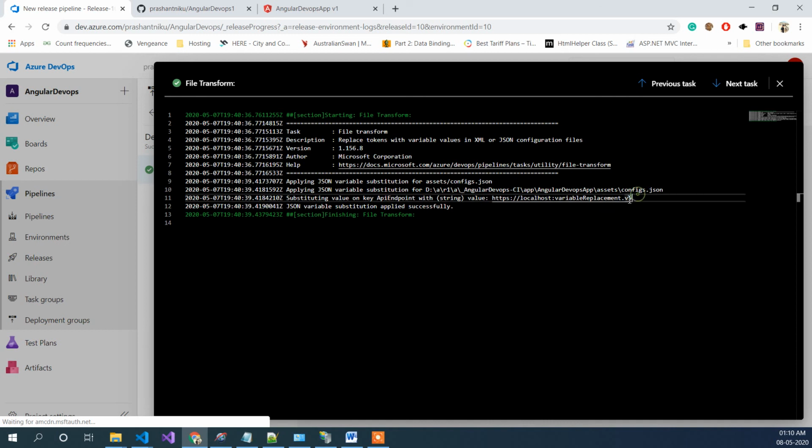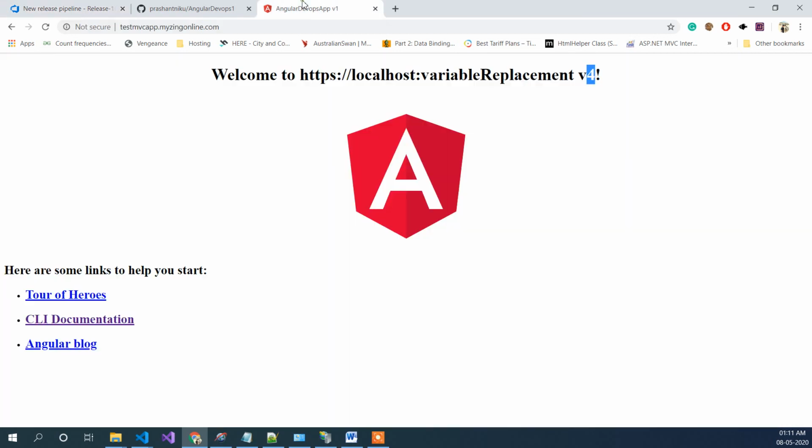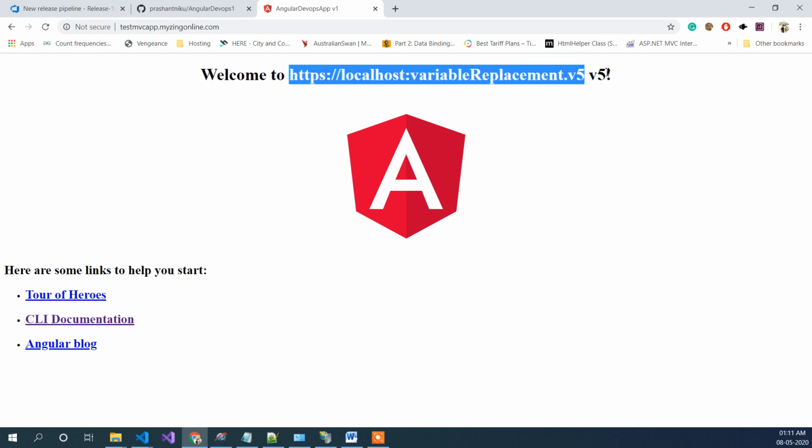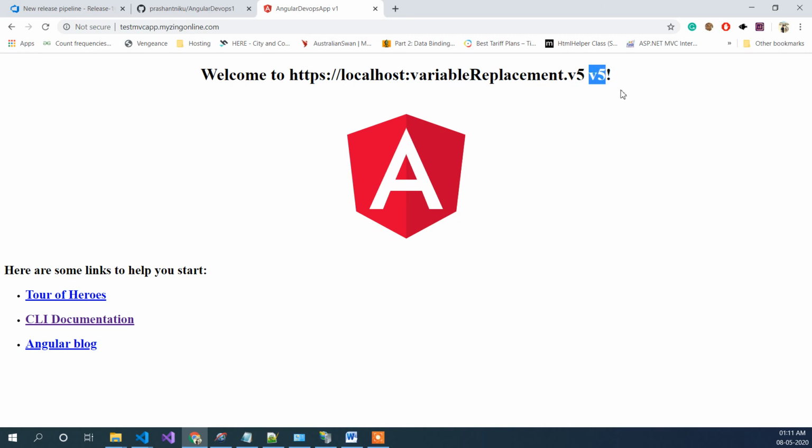So now you can see in this step we actually get a transformation. So as you can see, it's a very good way of seeing whether your transformation is working or not. So it works like a charm now, and as it shows that it's worked fine, we should see something like .v5 and v5. I will just click on refresh, and as you can see it's showing .v5 now. So this will be the variable, and this is coming from outside the variable.